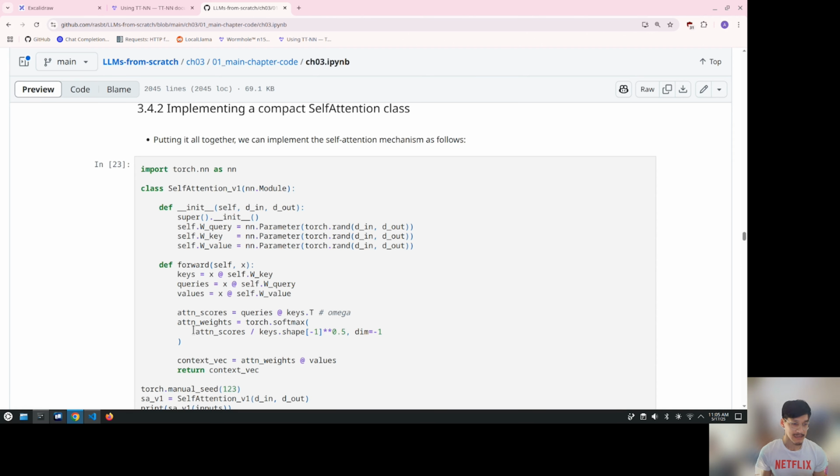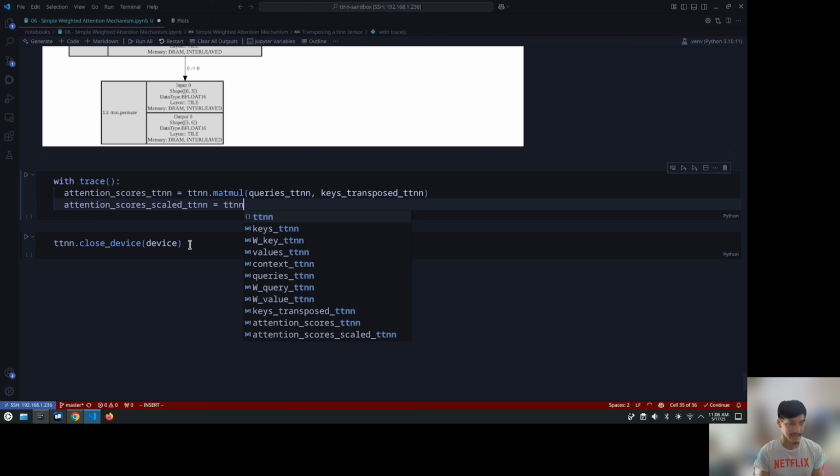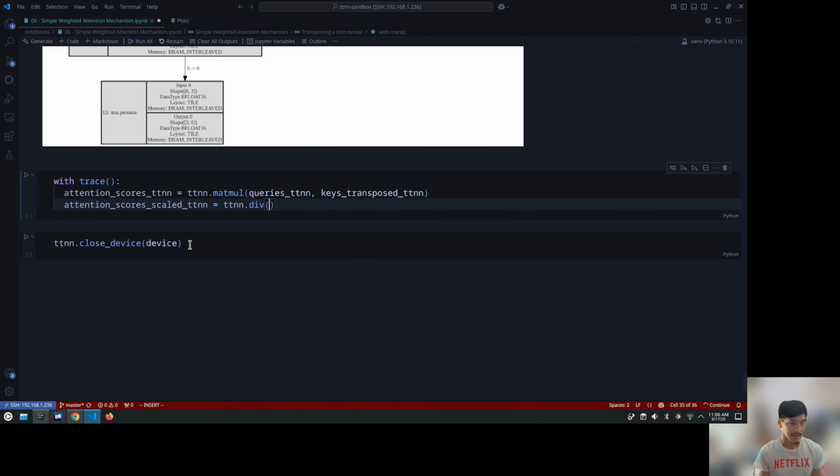So let's create an attention scores scaled ttnn first, and then pass that into our ttnn softmax. What I mean is, I can just say attention scores scaled ttnn is just ttnn.divide the attention scores ttnn by the square root of d sub k. Okay,